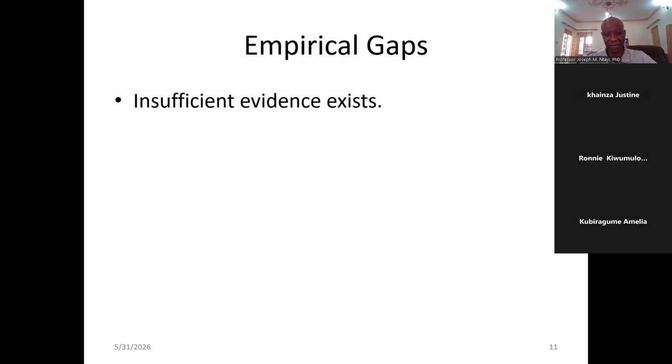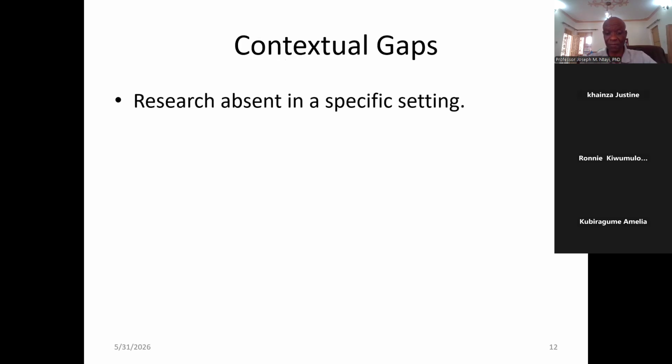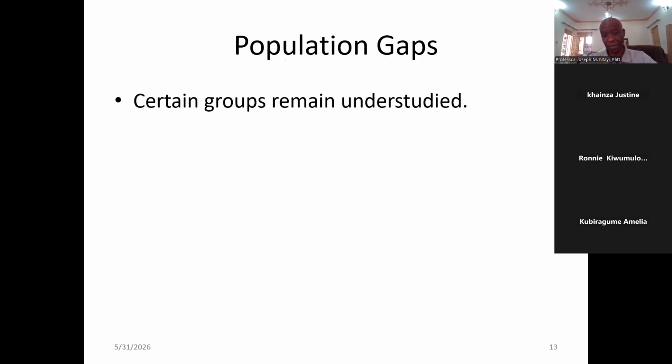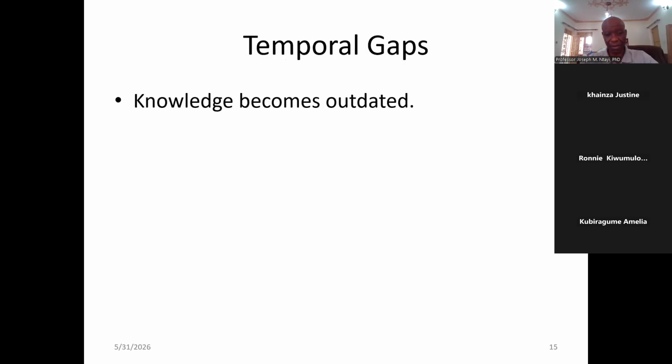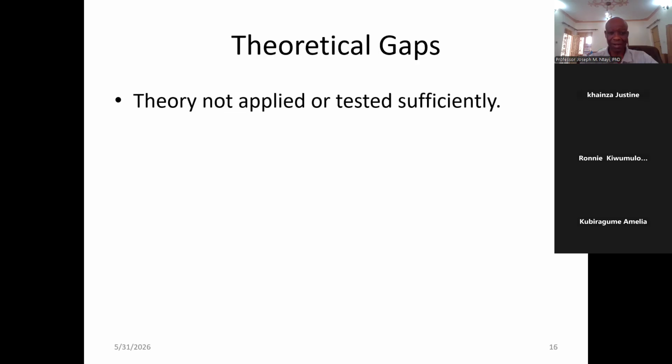Like empirical gaps, insufficient evidence; contextual gaps, research absent in specific settings; population gaps, some groups remain understudied; methodological gaps, where you have over-reliance on one method; temporal gaps, where knowledge becomes a little bit outdated, right? Especially, I think that's where our friend Wang Koko asked a question about artificial intelligence and his theory of connectivity, right? And I think that was the last question that was posed, or our last observation, and that's a discussion that we had. Right, but there are also theoretical gaps, theory not applied or tested sufficiently, right, in specific contexts,